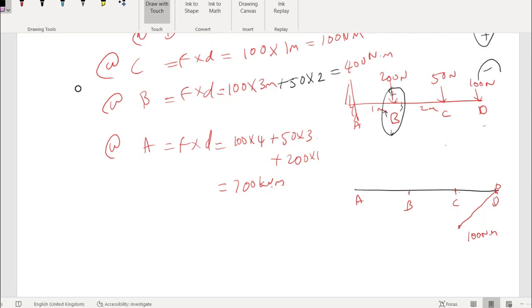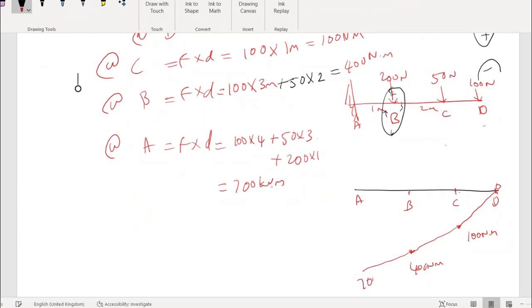At B it has reached the value of 400 Newton meter. It keeps on increasing because the load is still being added. If there were no loading, it may change, or it may reach 0. No load, no reaction. When it comes here it is 700, but there is a reaction, right? The reaction has no use here, because at the same point it is acting.